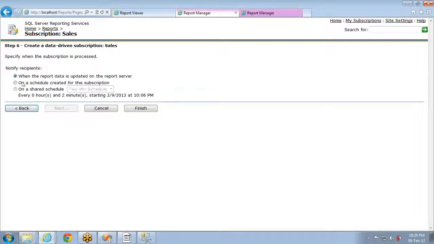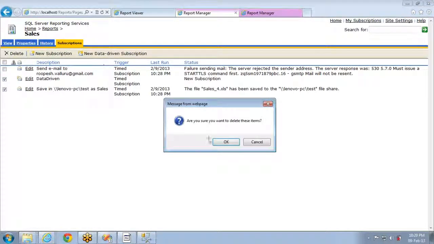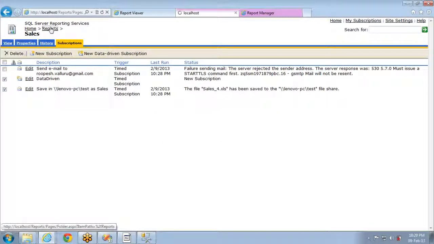And if you click on next, again the schedule, when you want to execute this particular data driven subscription, and that is the end. The job will be done. Or if I select a 2-minute schedule, done. If I click on finish, a subscription will be created, but this will not be executed, and the reason is the data that is coming from the dim product table is junk. So that's why it will not be executed. It will throw a lot of errors. So let me take this data driven subscription and delete it. This is how you can create data driven subscriptions.